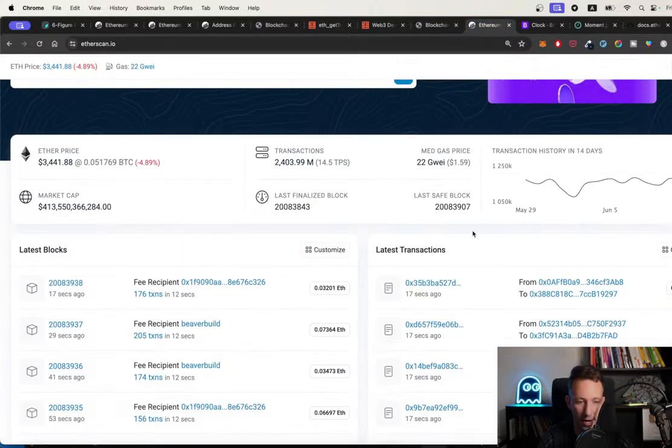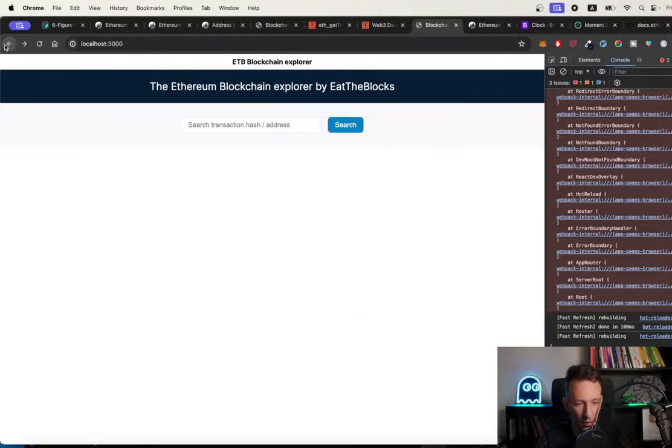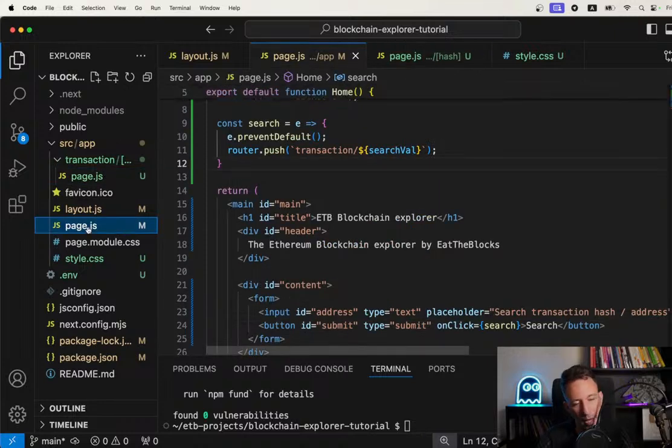Amazing. Very cool. So now we can put any transaction in our tool, and we're going to be able to see the transaction detail. So that's amazing, but that's not all I wanted to show you, because I wanted to show you that this search box we did can have different functions, and we can also use it to search for addresses exactly like Etherscan. So how are we going to do this? Well, let's go back here to the search box, and we need to go back to the page,